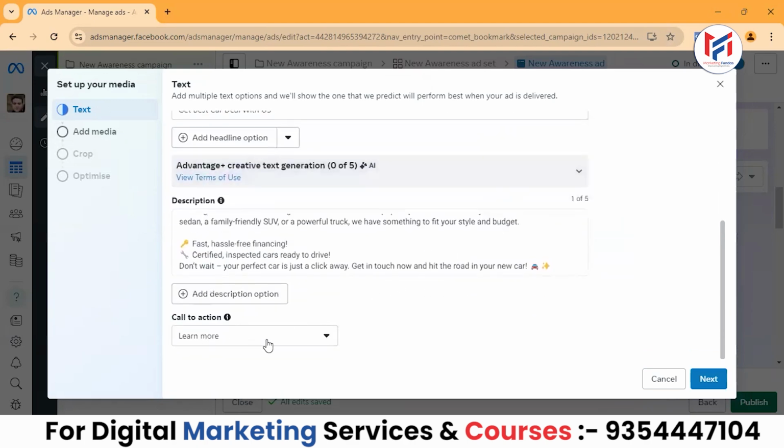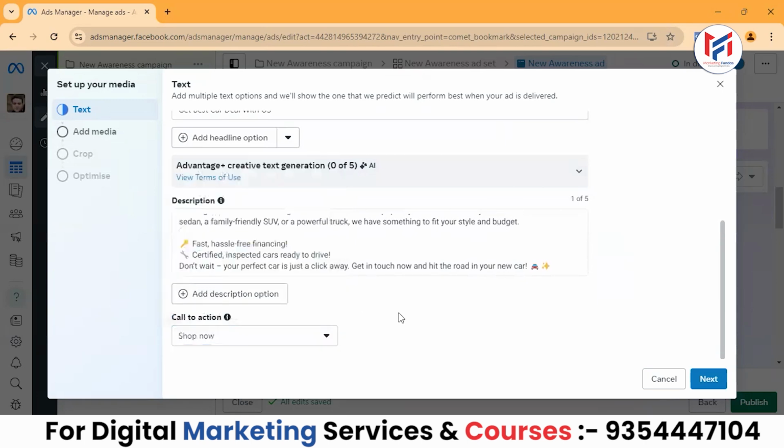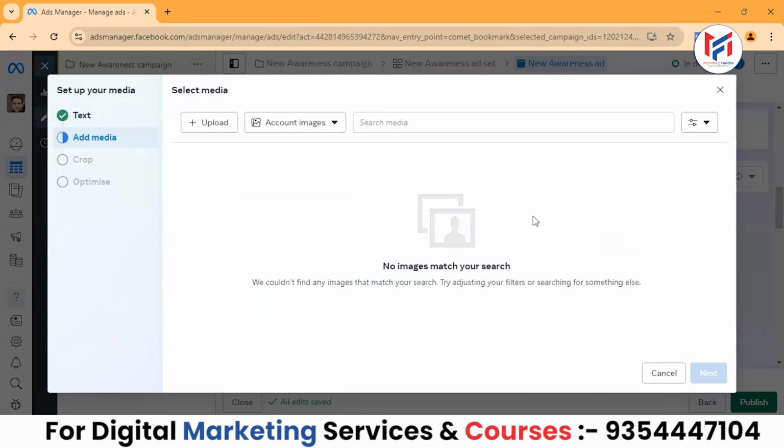You can see here the learn more option is there. So you can select from the call to action, whatever is related to your ads. I am clicking on shop now here because I'm running the car selling ad, and I'll click next. Friends, this is the main option where you can select and upload different sizes of media